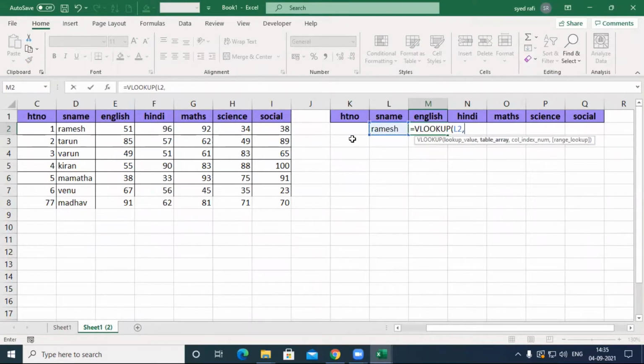So this is the lookup value, comma. You must select from this one because the value you are using as a lookup must be in the first column of the selection. You can't select from this one. When you select like this, what happened? The name will be in this column instead of this one. So it is not correct. That's why I'm saying like this. So I want to look up this name in this location, comma. I want to get the first,